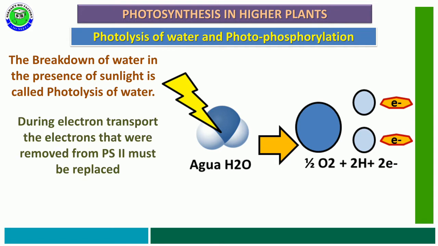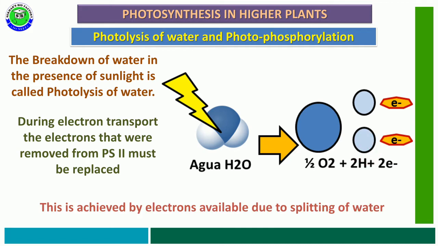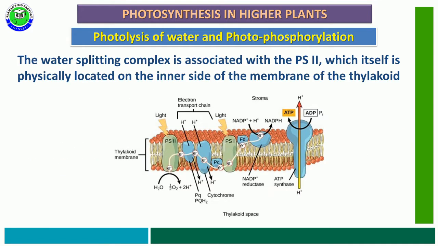During photosynthesis in light reaction, at the time of electron transport, the electrons which are removed from PS2 must be replaced by the electrons released from water. And this process is achieved by the electrons which are available due to splitting of water molecule in the presence of sunlight. The water splitting complex is associated to PS2 only, and it is physically located towards inside of